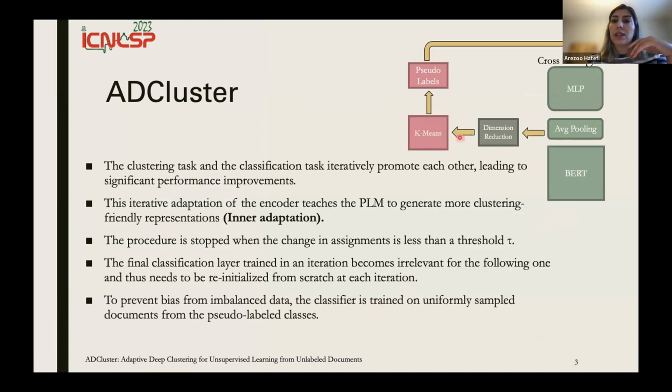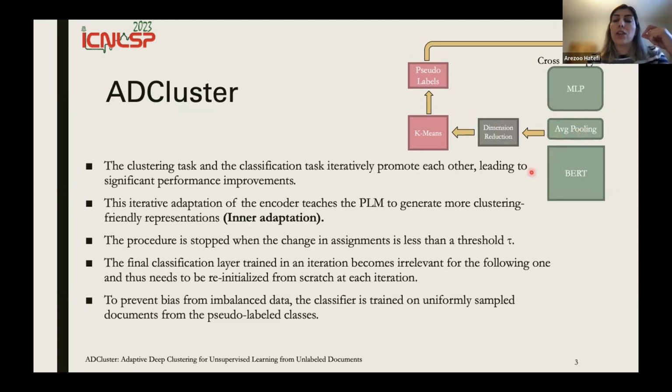So this is the architecture of our proposed ADCluster. As you see, it has two parts, one clustering part and one classification part. The clustering task and classification task iteratively promote each other, leading to significant performance improvement.